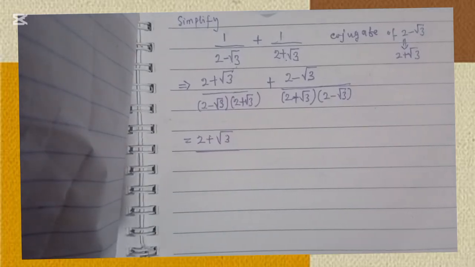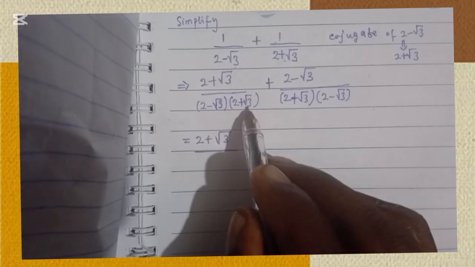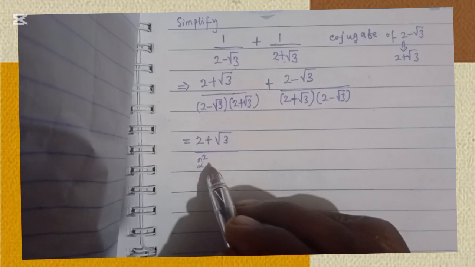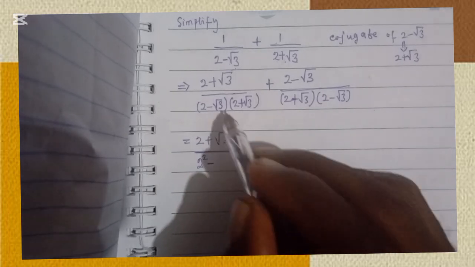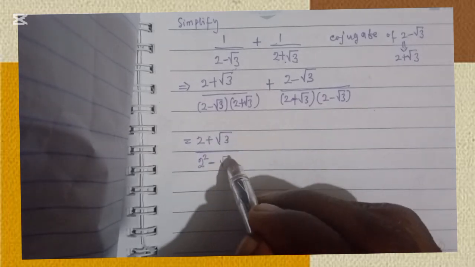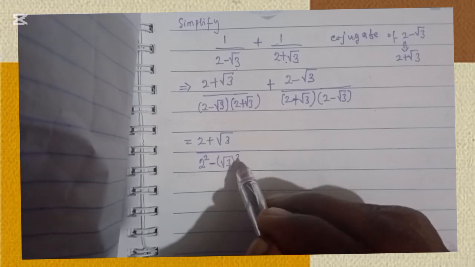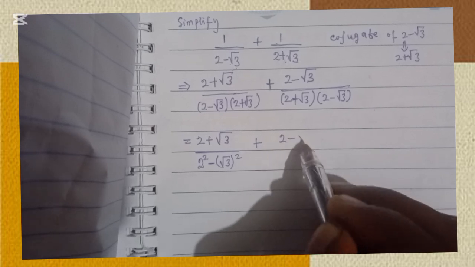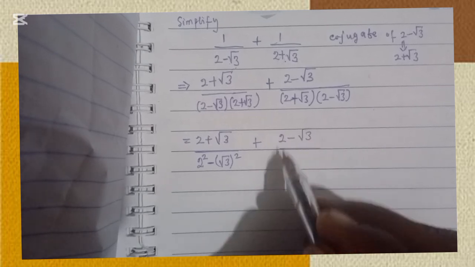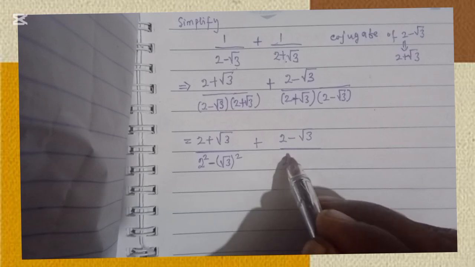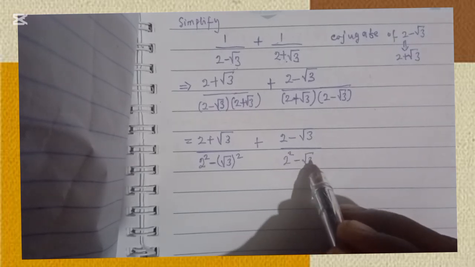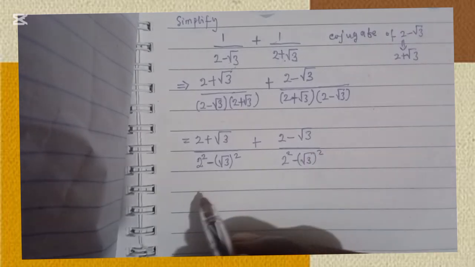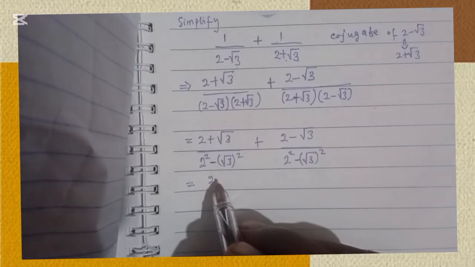When you multiply a number by its conjugate, what typically happens is that the first term you square, and then you have a minus sign. Usually the minus will survive. The last terms you also square. Okay, squared. That is how you do it. Plus, the same thing applies here. Similar logic: 2 minus the square root of 3 over, same thing here, 2 squared minus the square root of 3 squared. Usually you would have the same denominator, but let's break it down further,